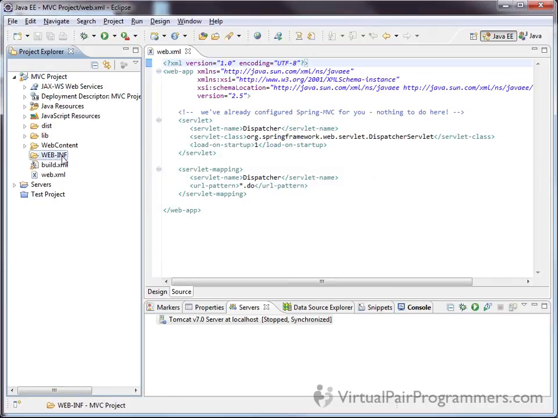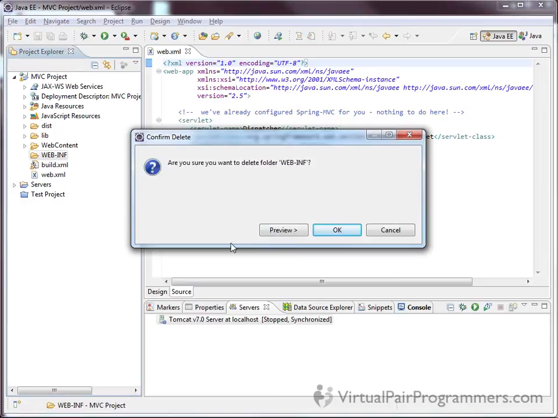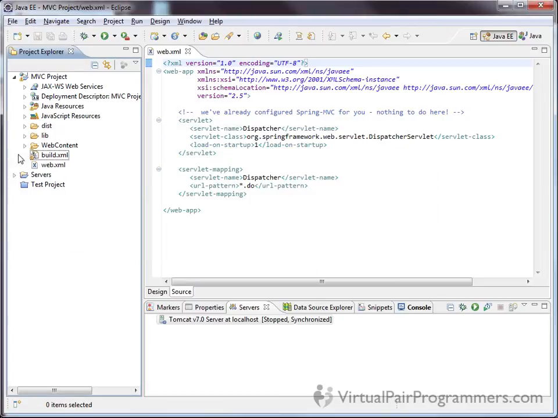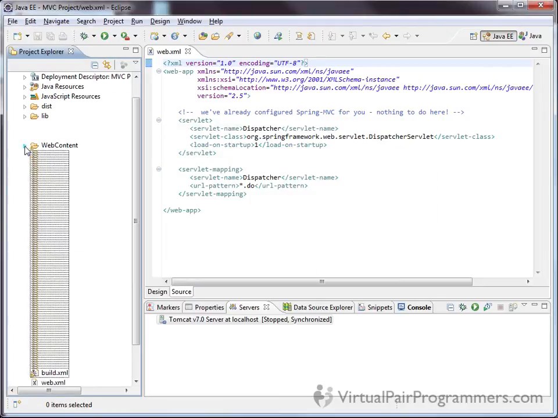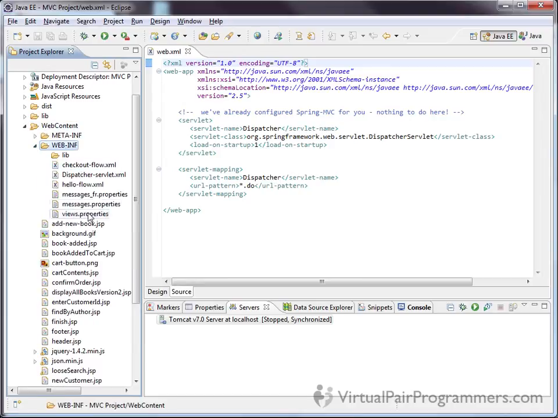The WEB-INF that you're seeing here is just a WEB-INF that we created on the course, and our Ant script was picking it up. So the plugin won't know about this folder, and once again it's safer if we delete that folder from the plugin. So just to recap then, inside the WebContent folder you should have a WEB-INF that contains all of the